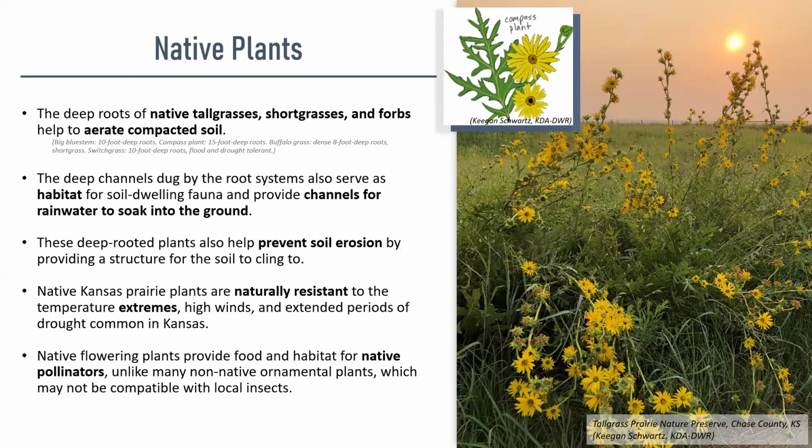switchgrass has 10-foot deep roots, and it is flood and drought tolerant. The deep channels dug by the root systems also serve as habitat for soil-dwelling fauna and provide channels for rainwater to soak into the ground. These deep-rooted plants also prevent soil erosion by providing a structure for the soil to cling to. Native Kansas prairie plants are naturally resistant to the temperature extremes, high winds, and extended periods of drought that are common in Kansas. And native flowering plants provide food and habitat for native pollinators and birds as well that